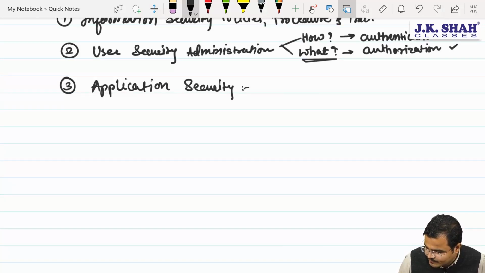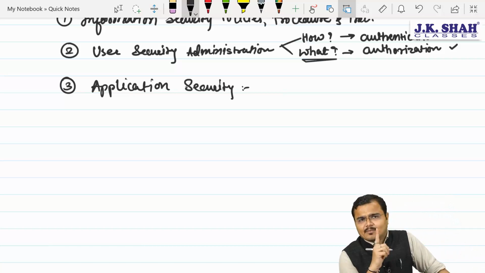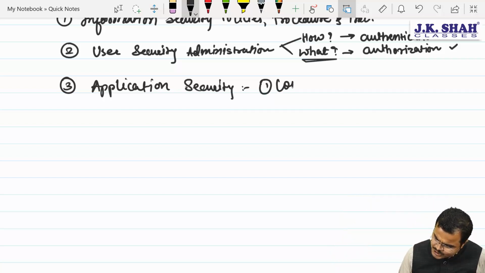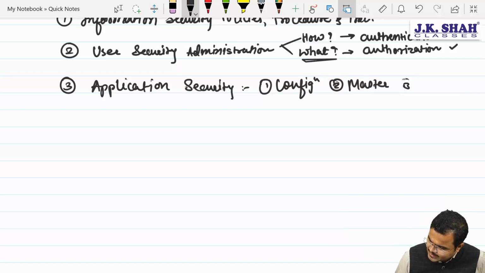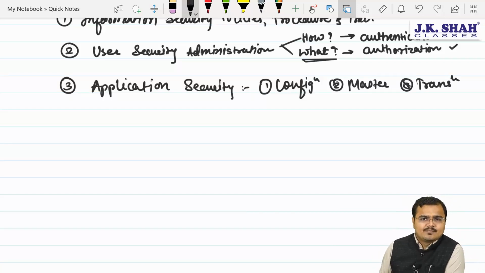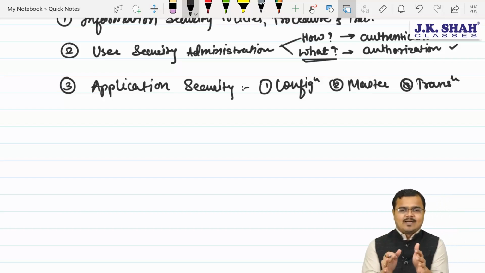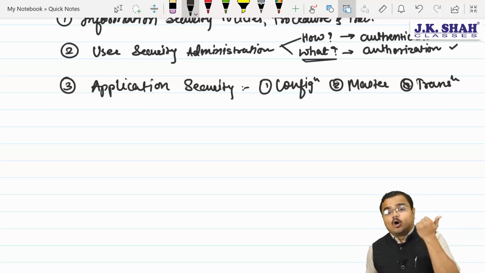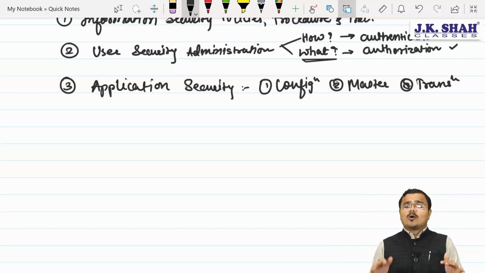Sir, application security. Now chartered, you know very well, in chapter number 1 we had understood that whenever we are using business process automation, it means an application, and in that way 3 major risks arise. What are those? Sir, configuration related risk. Yes, sir. Master related. Yes, sir. And third one, sir, transaction related risk is there. Agree? 110%. So I need to apply the controls at the application level, that obviously who can make the changes, who can enter the data, who can authorize the data, who can approve the data, who can enter the transaction into the application. Understood?